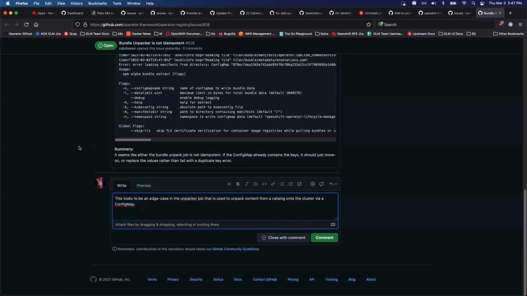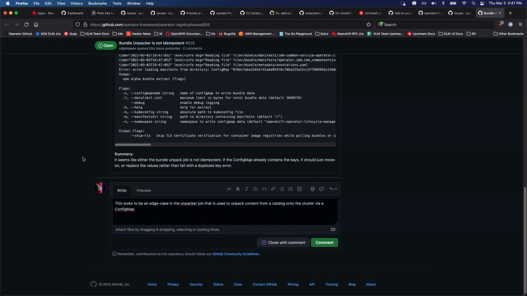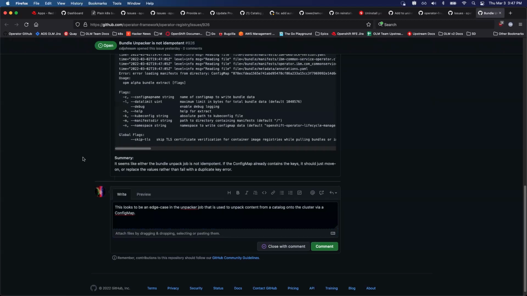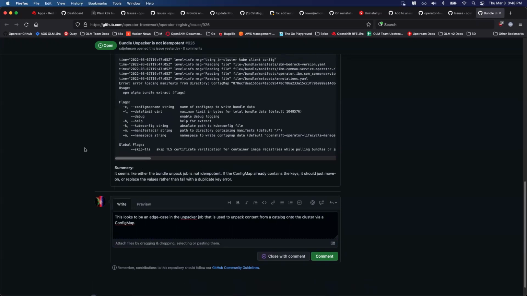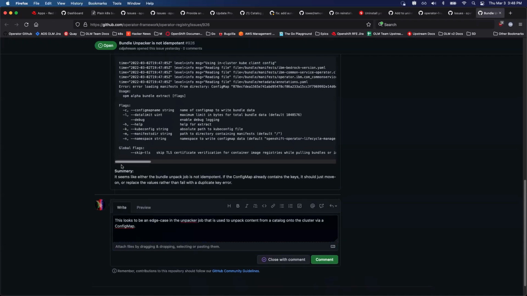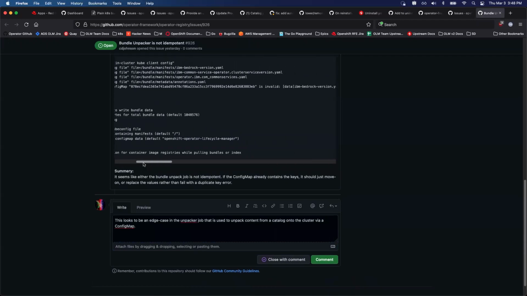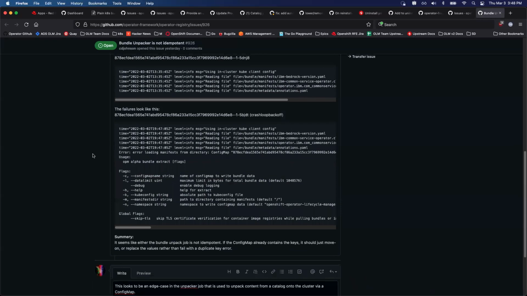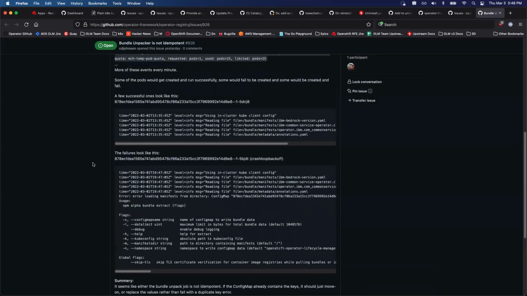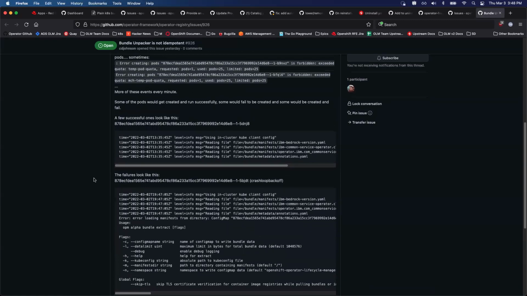No, we use that right in the unpacking. It has a little bit of custom logic in there. Sure. So, ideally the job would be idempotent, and I think that's definitely a nice property of it, but